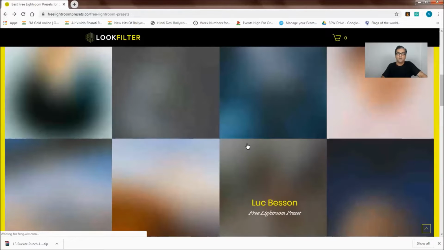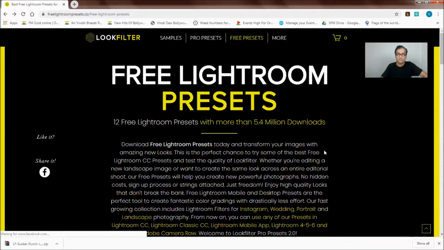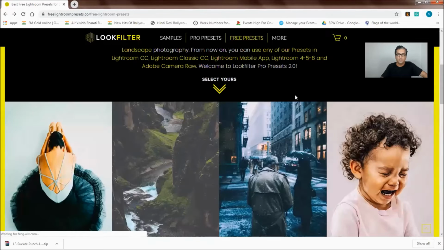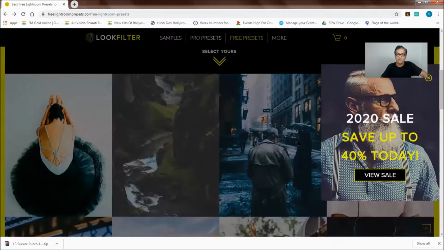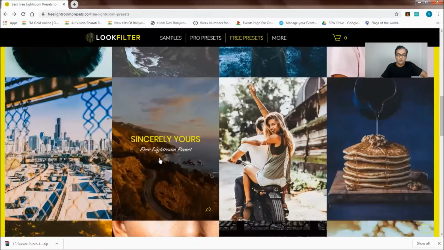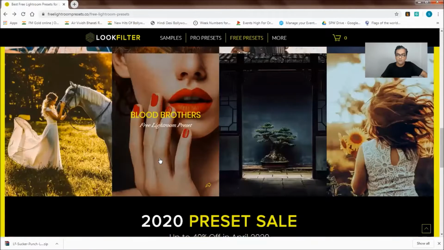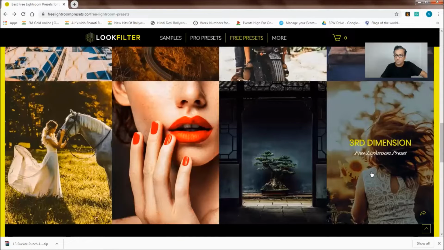Okay, this is the main page of free presets. If you take your mouse cursor, you can see the preset names. Now we will try this Third Dimension.